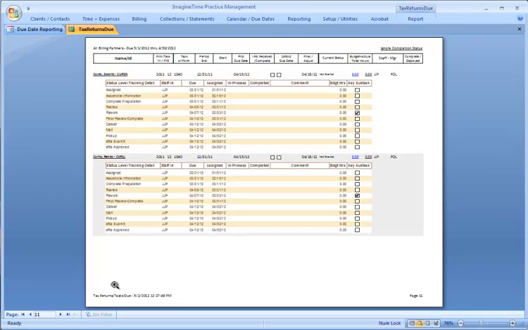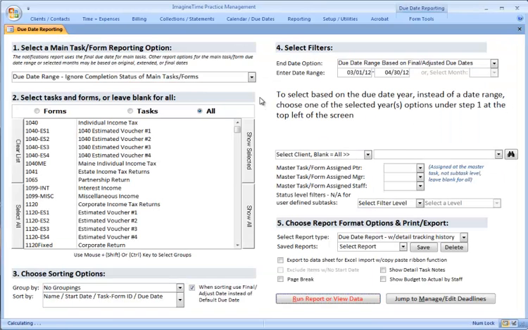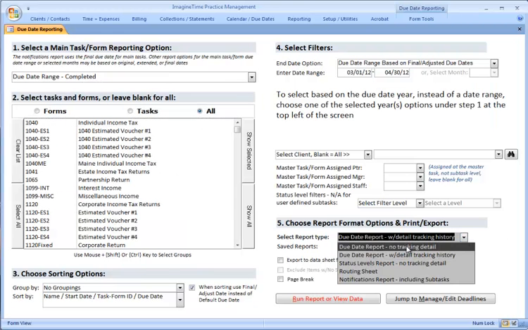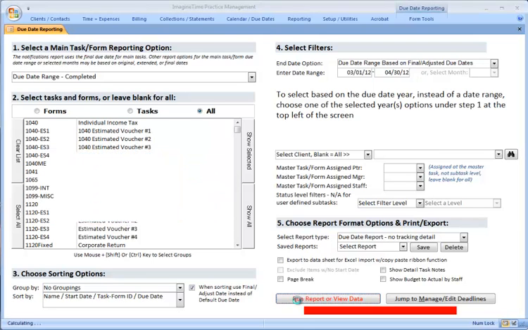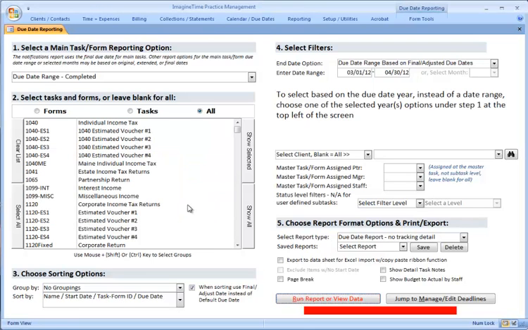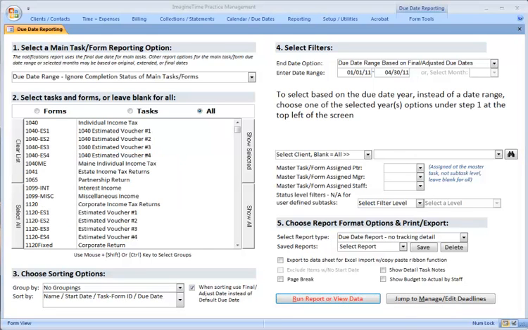So you can see there's quite a few filters here. Let's do the completed one. And let's change it back down to no tracking detail. So none of these have been completed. Let me clear the list to go back to the default and see if I've completed anything between this period. Okay, there was nothing in that result set either, but I happen to have a couple years of information here,